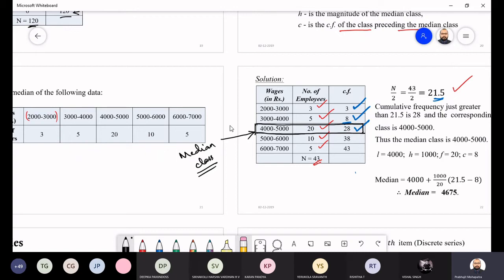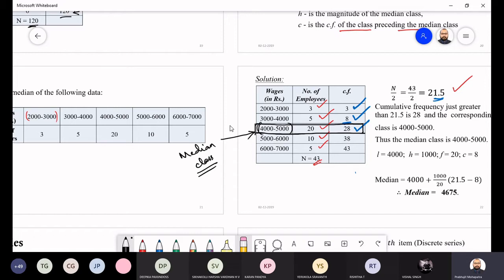Correct or not? So you are saying that your median is lying in this range, 4000 to 5000. But we need the value. You cannot say that it is lying between 4000 and 5000. Crores and crores of numbers are there, thousands and thousands of possible combinations are there. We need the exact value. You cannot give us the range. For that, we have to use that formula.